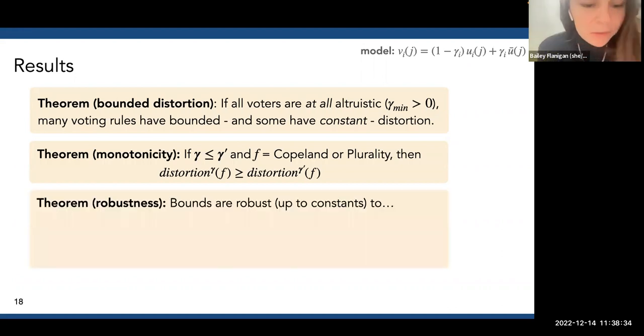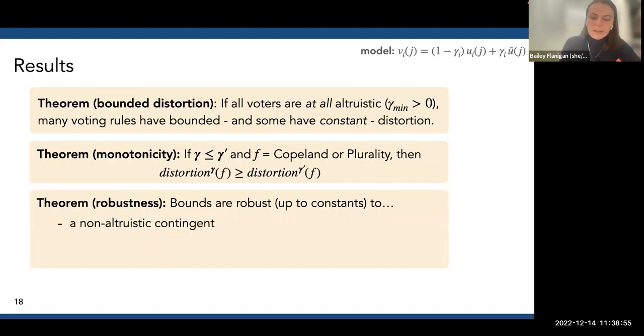Okay, so now let's talk about robustness, because we've made a fair amount of assumptions here, and we really are hoping that this finding is somewhat practicable, right? We're hoping that in a real setting where people are deliberating, the kind of increases in altruism that we see are actually going to help us. So we have two kinds of robustness here.